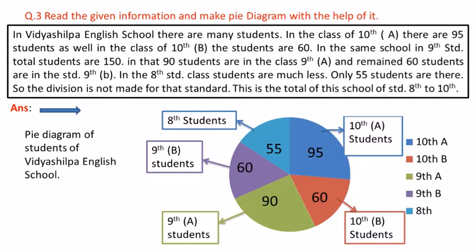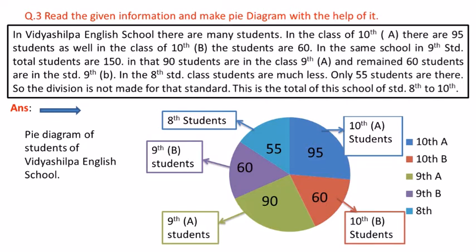In that, 90 students are in class 9th A and the remaining 60 students are in 9th B. In the 8th standard, class students are much less, only 55 students are there, so the division is not made for that standard. This is the total of the school for standards 8 to 10. This was the paragraph, and with the help of those numbers, with the help of that information, we have to